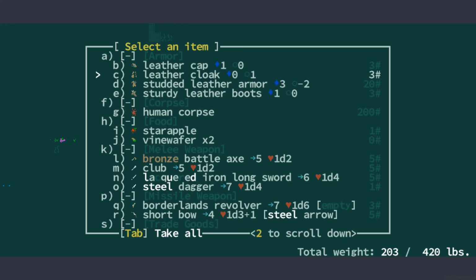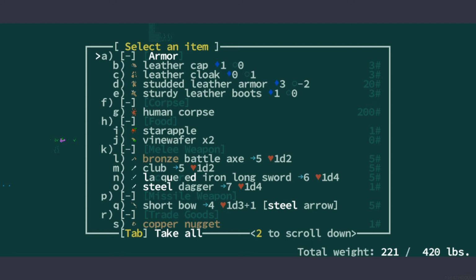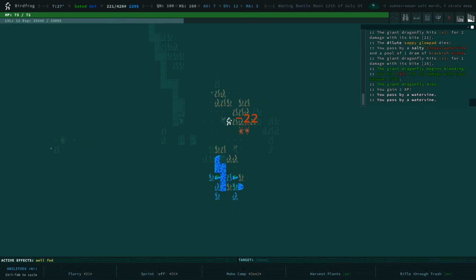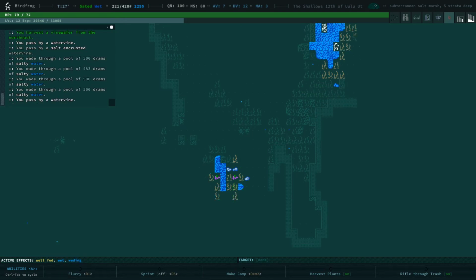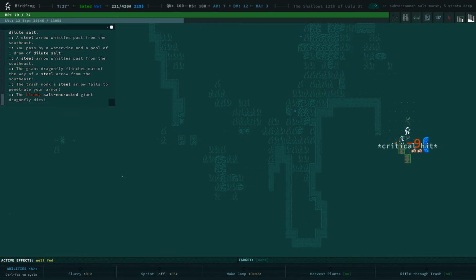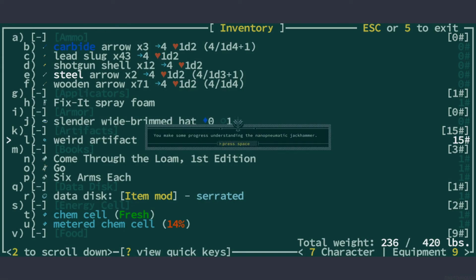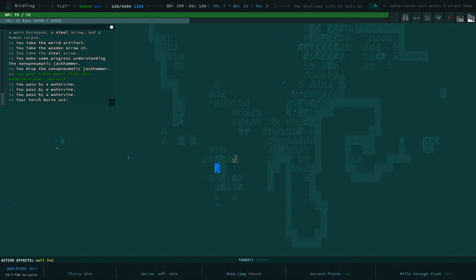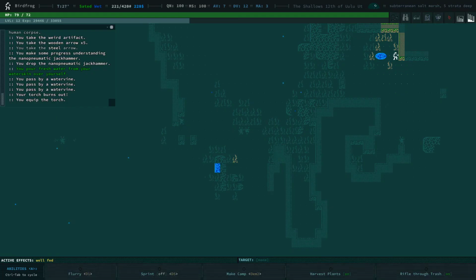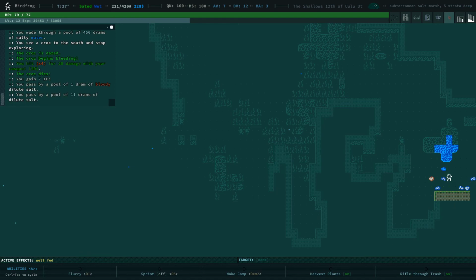Arconaut, I'm going to murder you. Borderlands Revolver, here we go. Let's get one of the water skins. The rest is silence. Okay. Weird artifact, what are you? Oh, it's a nano pneumatic jackhammer. I'm going to drop that immediately because we don't need it. My torch burns out. Probably the longest I've gone without finding a glow sphere. Or any other way of...